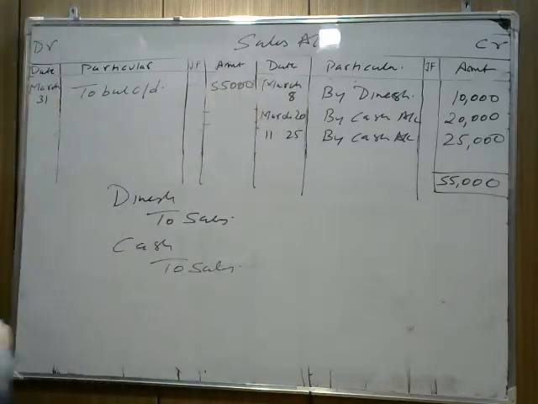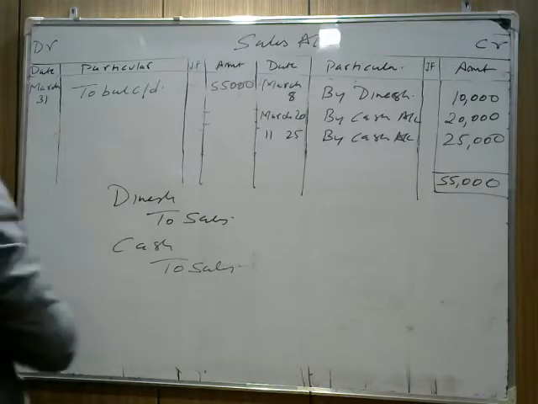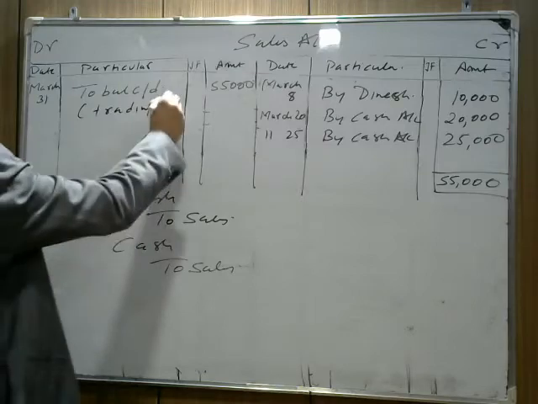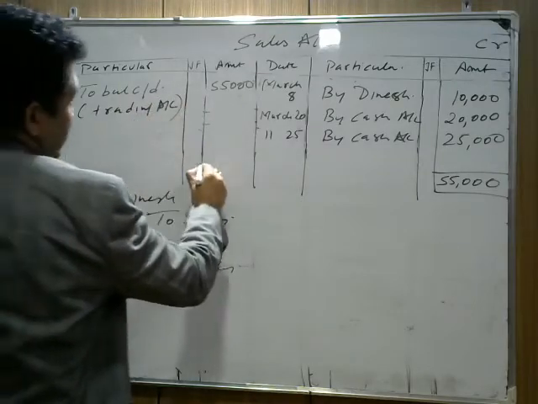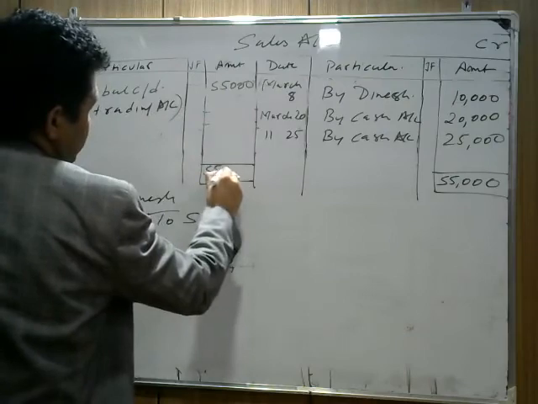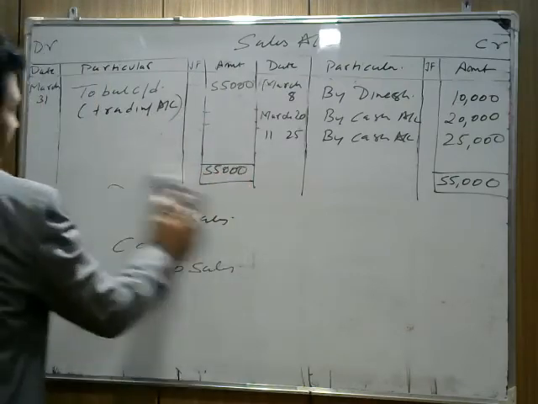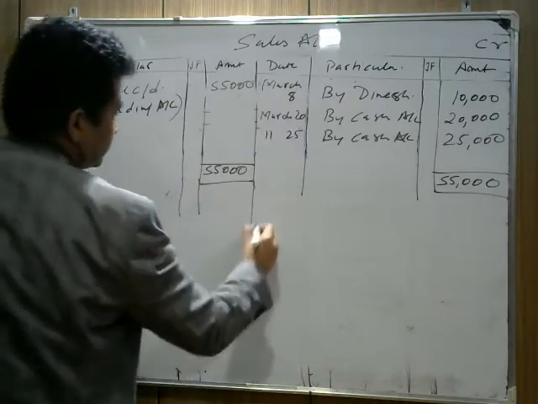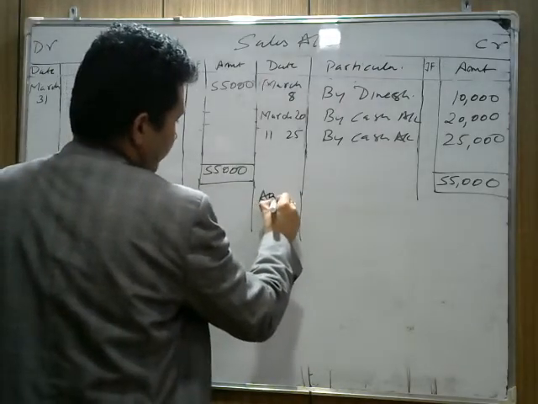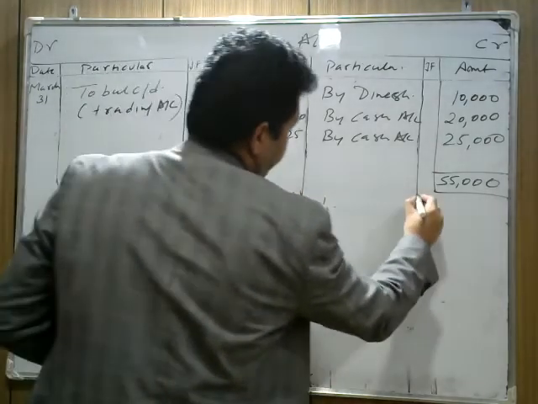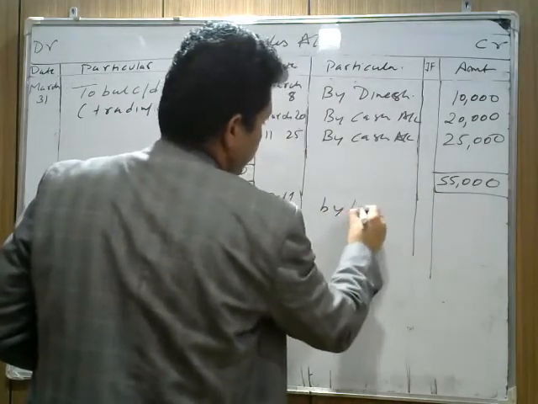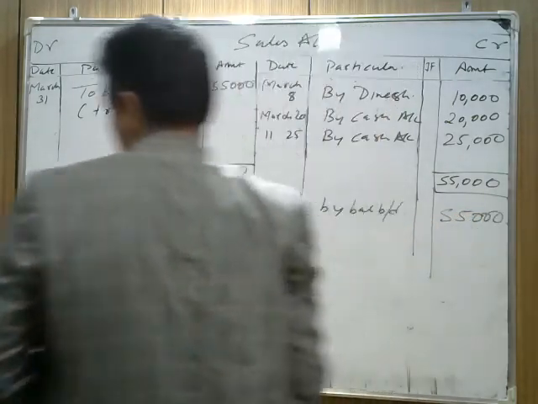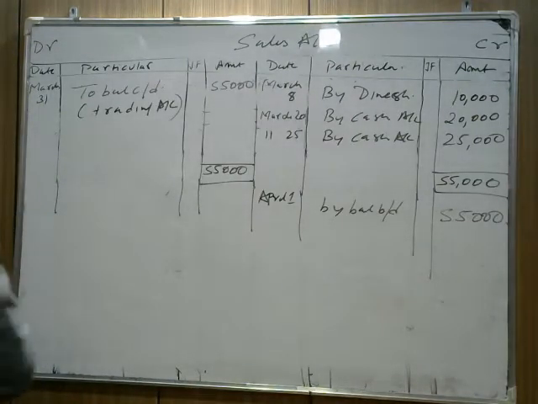Sales and purchase are transferred to the trading account. But I will tell you later, because sales and purchase transfer to trading account, ये trading account में transfer होते हैं. Okay, so I'm writing the balance here because ये मैं आपको बाद में पढ़ाऊंगा when we prepare the final accounts. So 55,000 here, and what is the closing for? It is the opening for next month. So we write here April 1st by balance b/d, which is coming 55,000.